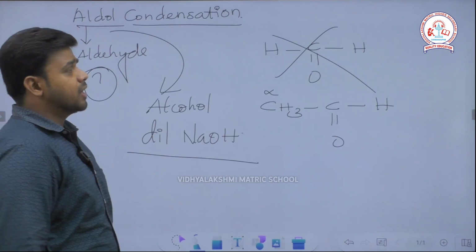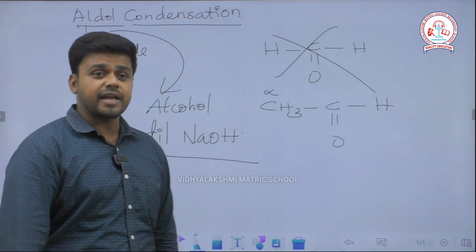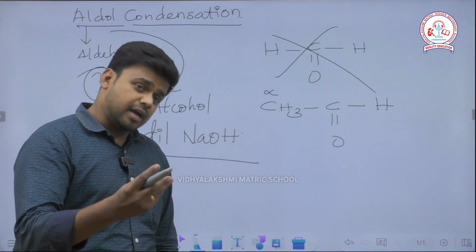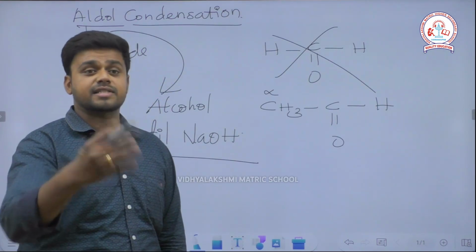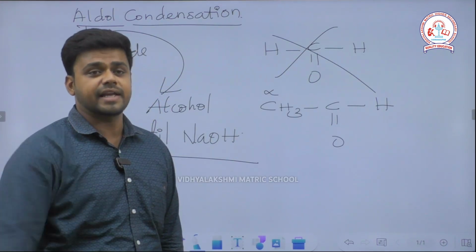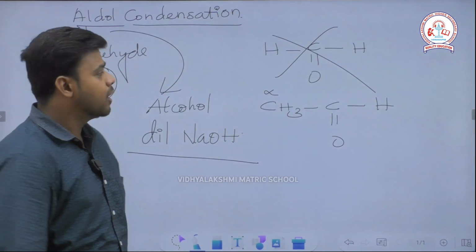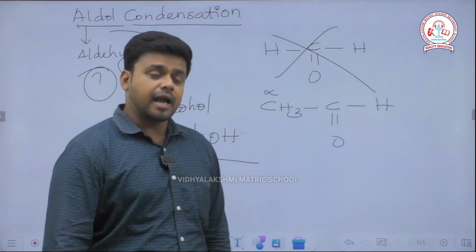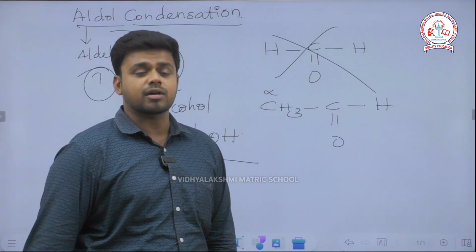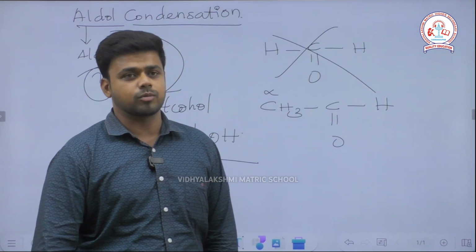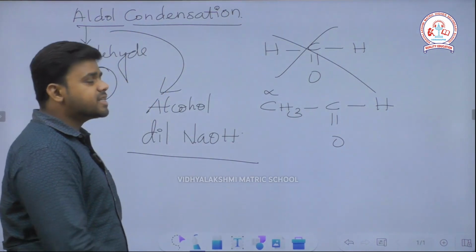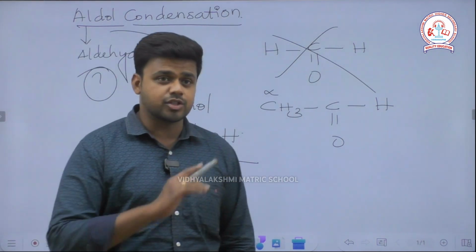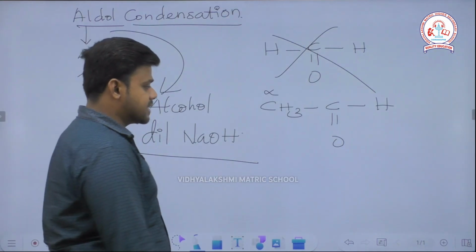The aldol condensation happens between two aldehydes or between an aldehyde and a ketone. We call it a crossed aldol condensation when it is between two different aldehydes. We are getting a product called aldol. It's a beta hydroxy aldehyde. So that's the compound we'll be getting here. The condition is that the aldehyde must have an alpha hydrogen, so that's the very important condition. Secondly,